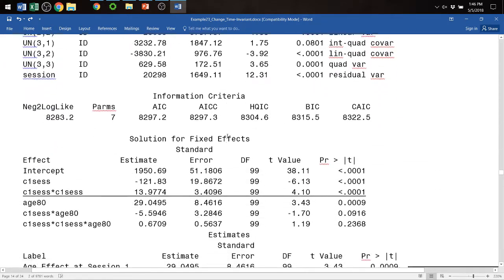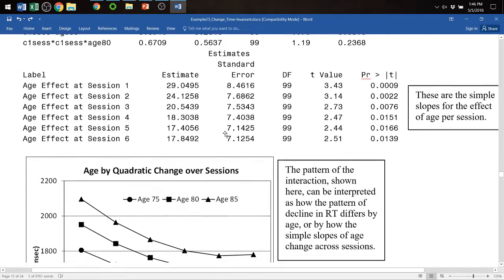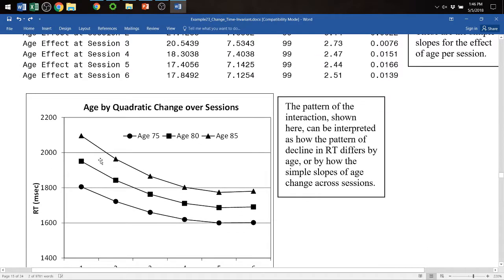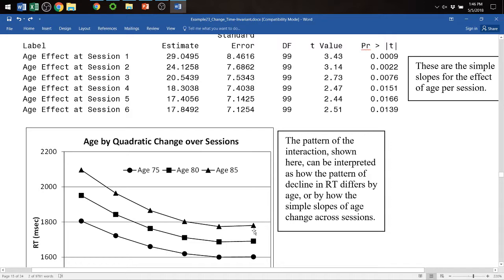And so the other way to think about this is the spread. It looks like, just from the picture, that age matters less as time goes on. The lines get closer together a little bit, and these age slopes then would support that interpretation. So age by linear and age by quadratic. Age by linear means the effect of age changes linearly over time. The extent to which the effect of age changes over time